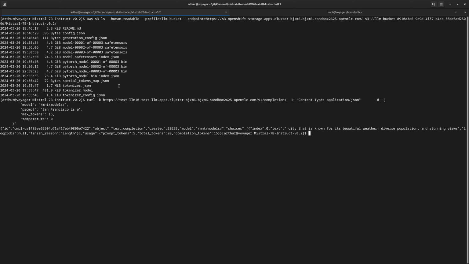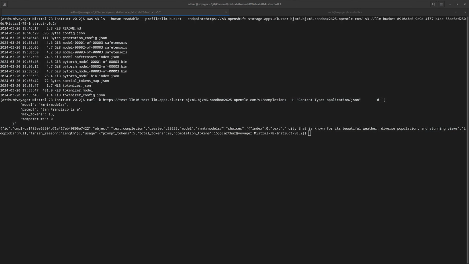Now, another thing that I mentioned in my earlier video was that when you upload the content from your local folder to the bucket storage, you upload also the hidden folders. Well, that is the cache from Git, and actually you don't need that. So you just need these files from here. So you don't need to upload the .gitignore and .git folders. And that's because when you deploy the model,